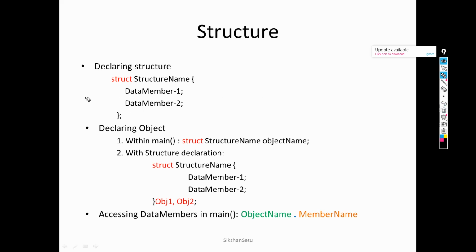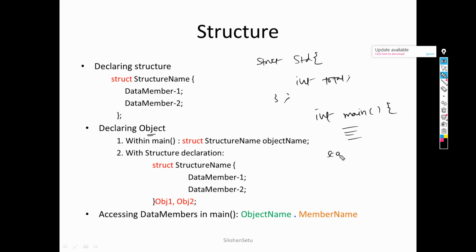After that, we need to use an object. Now you might question why we need to have an object. For example, I have declared one structure here, struct std. In that I have only one member, integer total, just to understand. Now when I write the main function, I need to write like this, integer main.